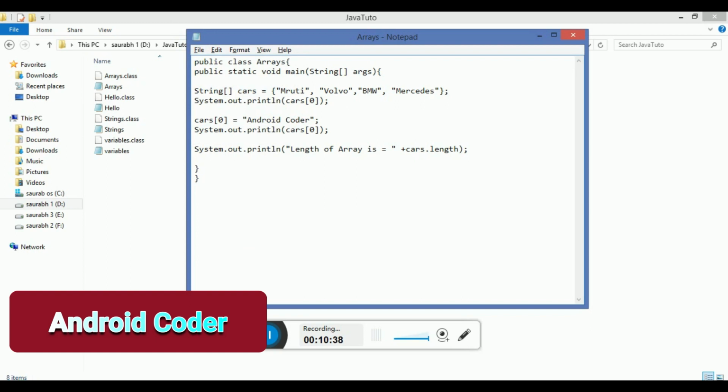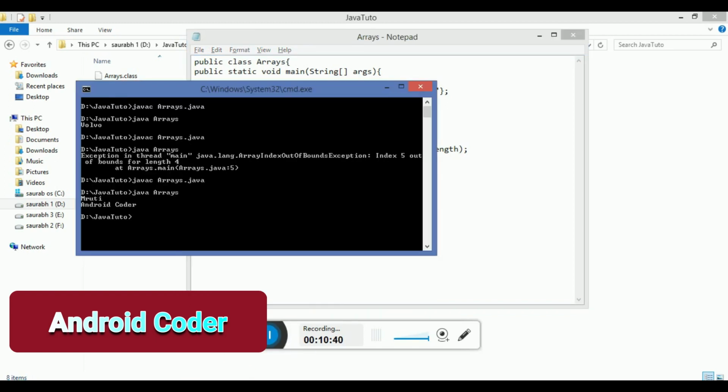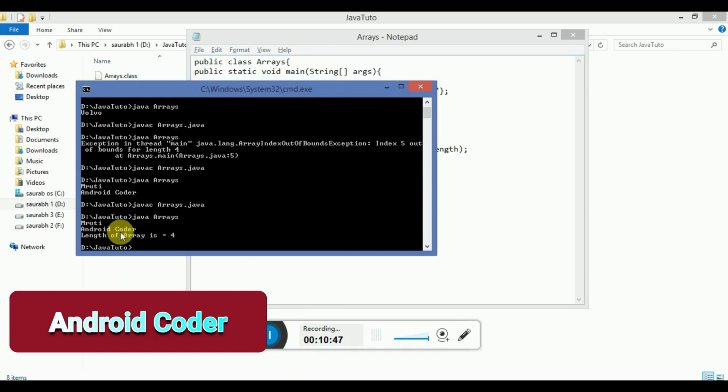Now just save it and run it. So it showed the length of the array is 4.